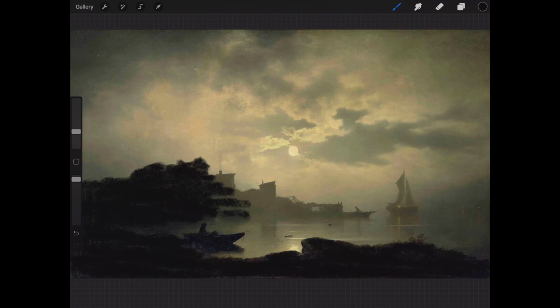And as we get back down here to this last part of the dark in the distance, look at the value difference. That's huge. And as we go over here and over here, and even up in the sky,